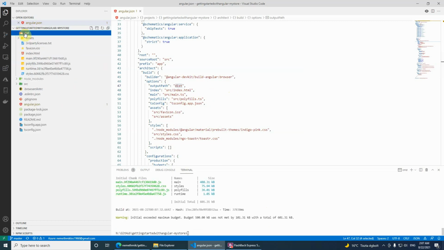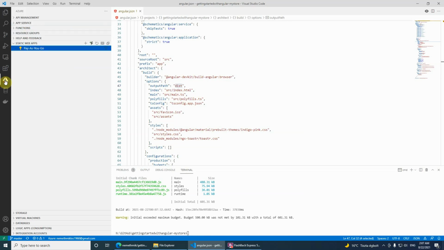Make sure that if you click, you shouldn't see any name here. If you can see your project name, then it won't work. So this is the preparation, and then the next step, go to Azure and the